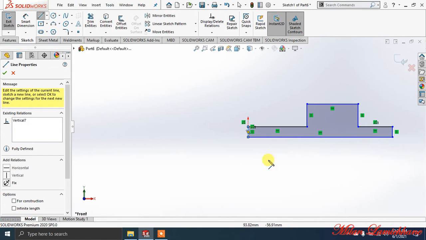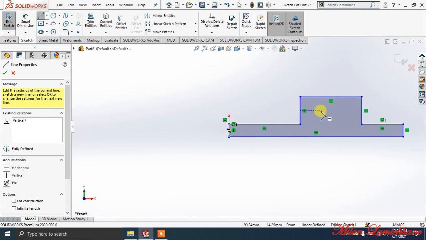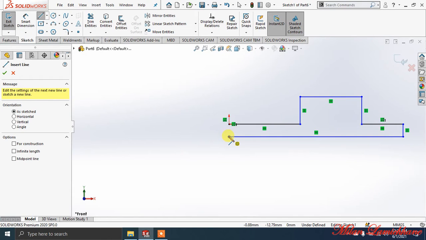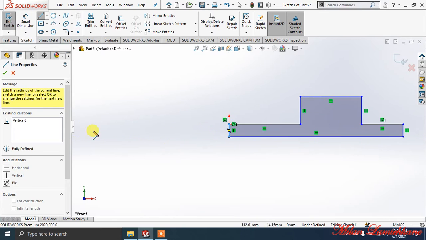Okay, to make a 3D object or to use the features command manager, the surface should be a closed surface. If you see like this, then the surface is closed, and if you see like this open, this is an open surface. You can't create a 3D object, or you can't use the features command manager using this open object. The surface must be closed like this. It is a closed surface now.